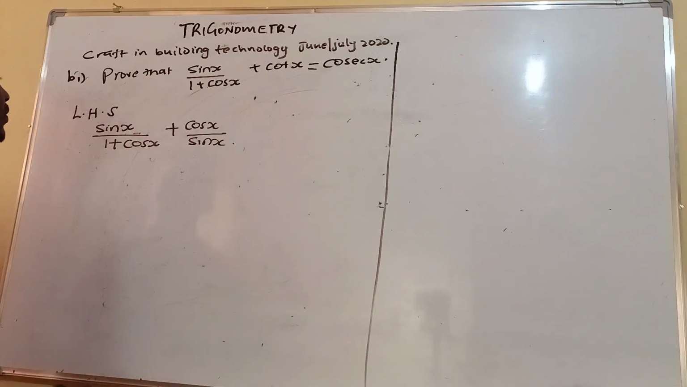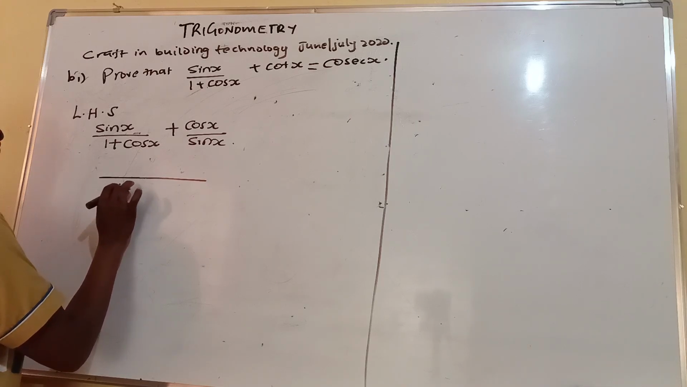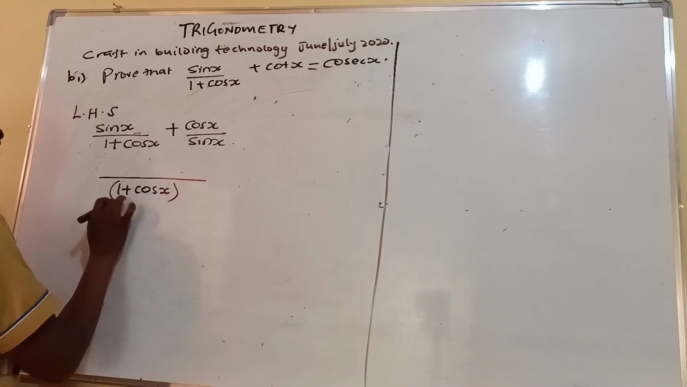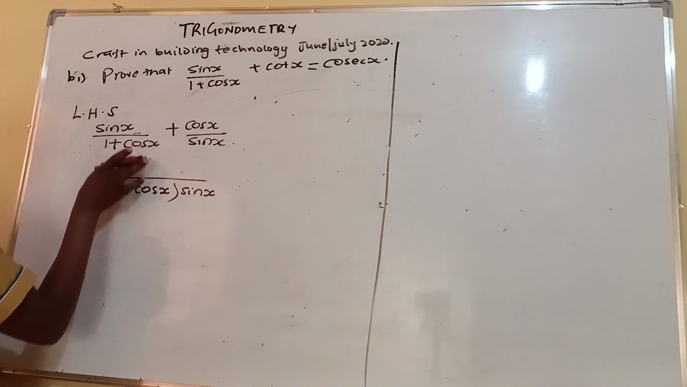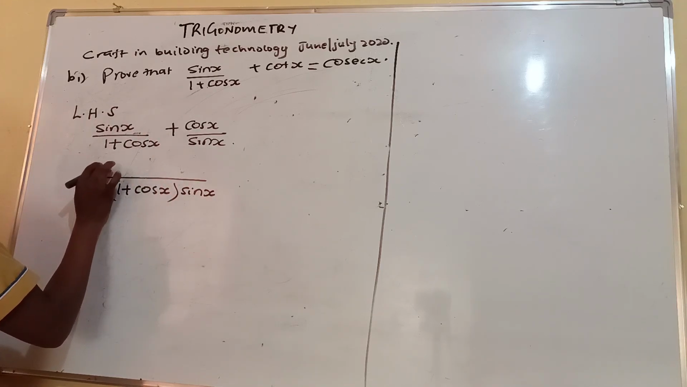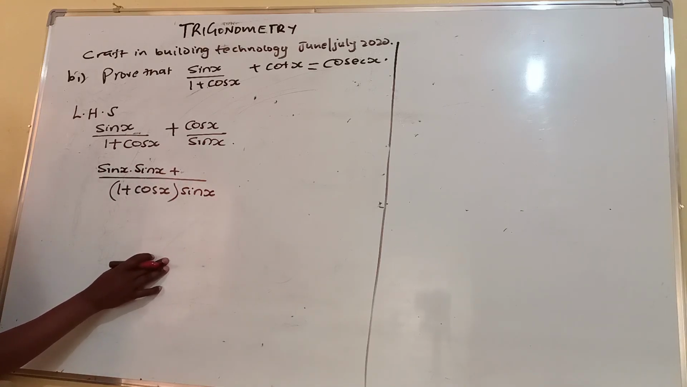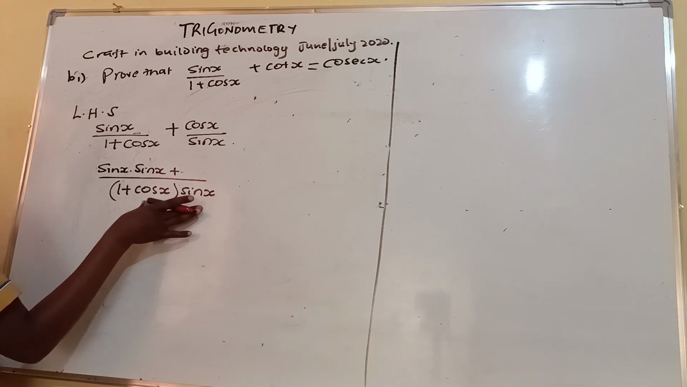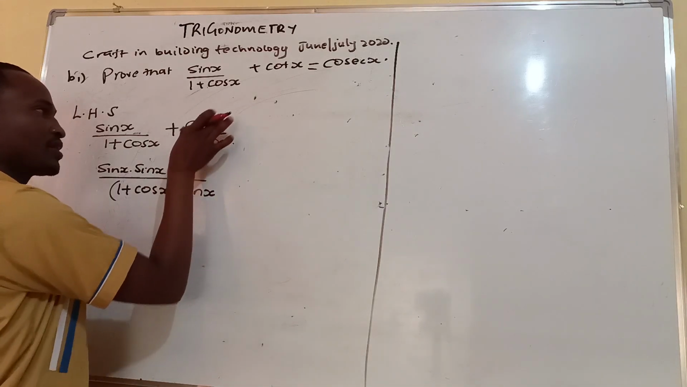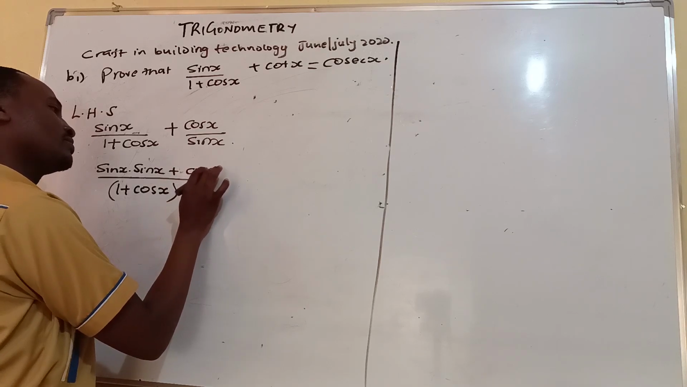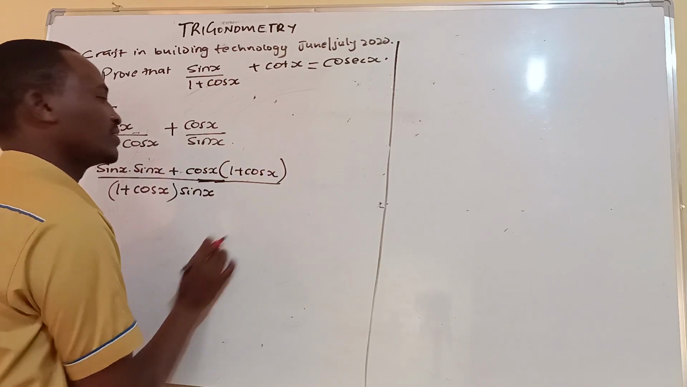Now we find the LCM, which will be 1 plus cos x multiplied by sin x. If we now take this value divided by this, we get sin x times this sin x. So we have sin x times sin x plus this value, the order of this divided by this, it will be 1 plus cos x times now cos x. So you have cos x times 1 plus cosine of x, which will be